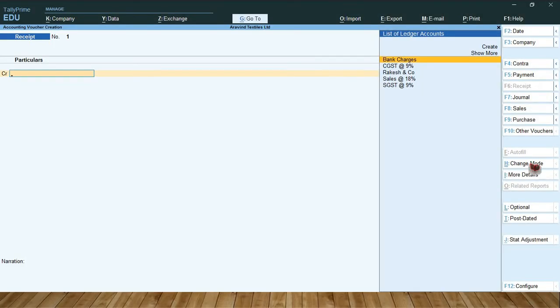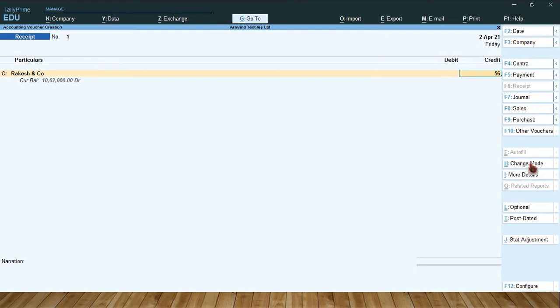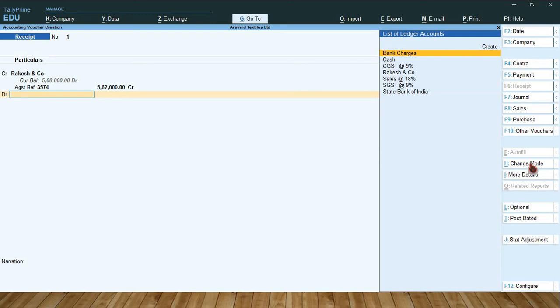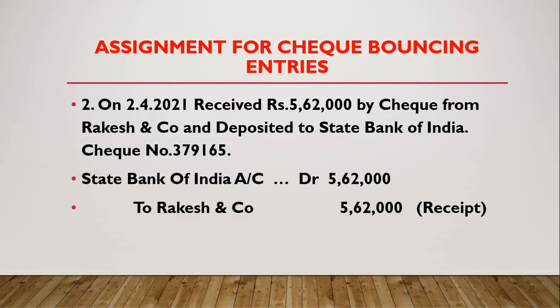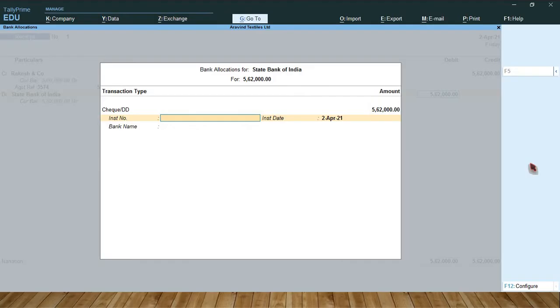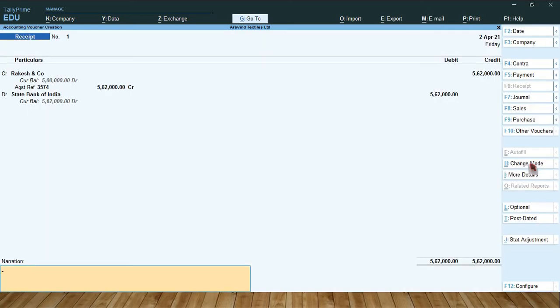Date is 2nd April. Credit to Rakesh and Company 5,62,000. Against reference, State Bank of India debit 5,62,000. Check number 379165. Accept.